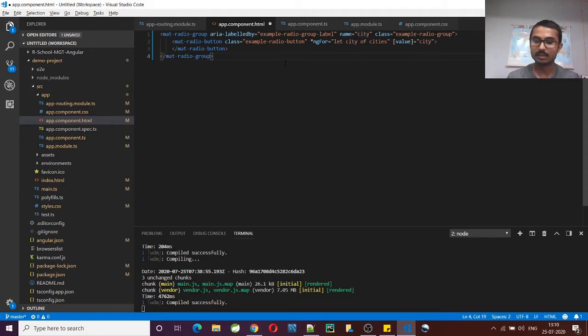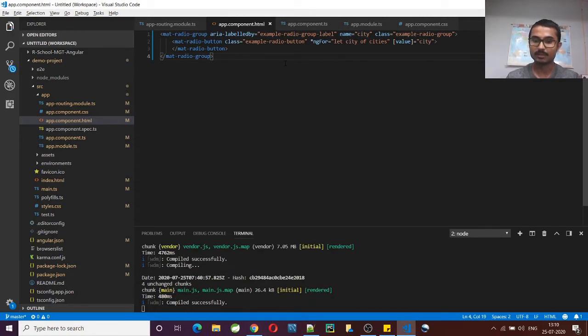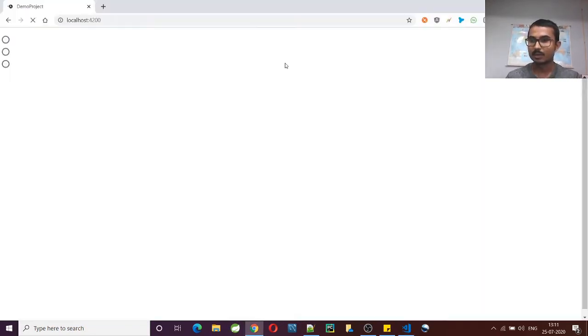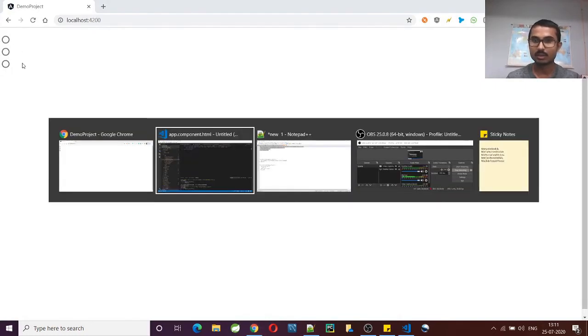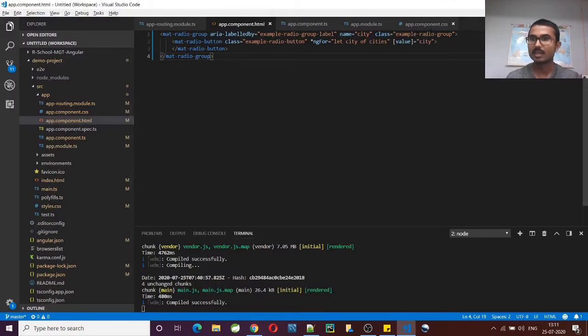Let me save and let's see the output. At the browser, here it is displaying, but the name is not displaying. Okay, here I have to give the radio button label name also, and that is the city.